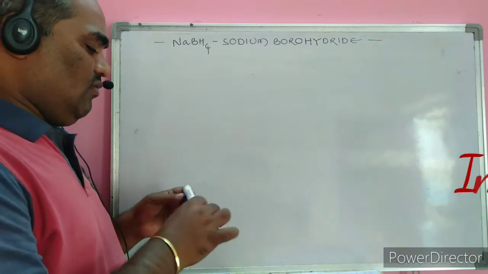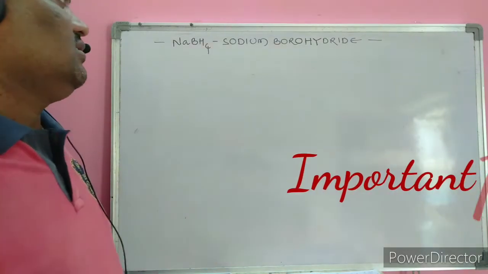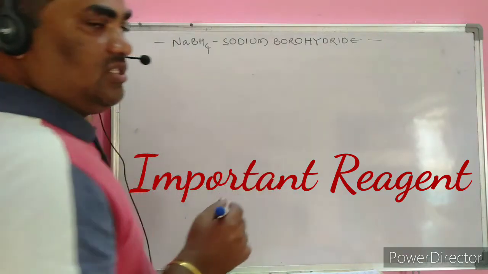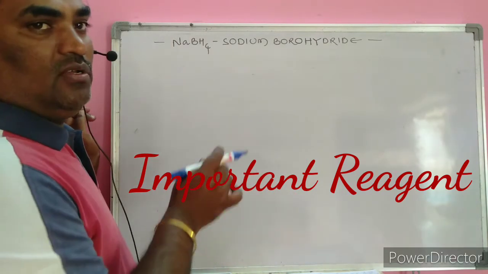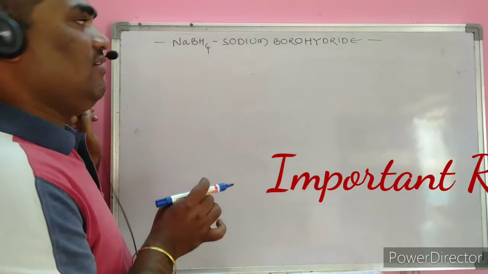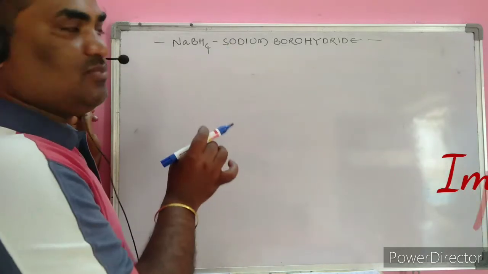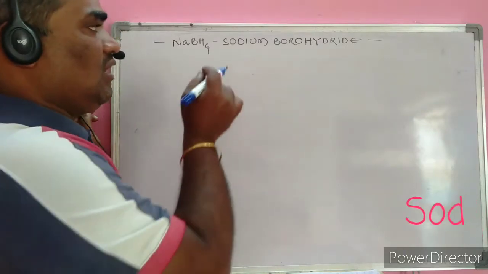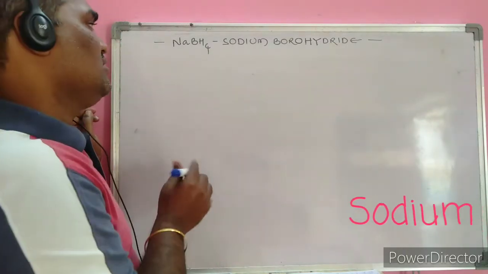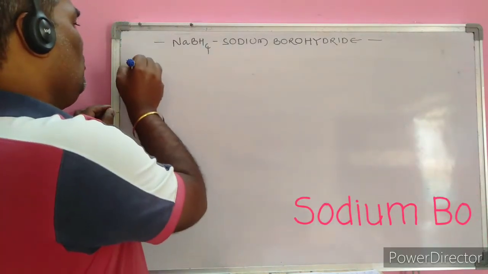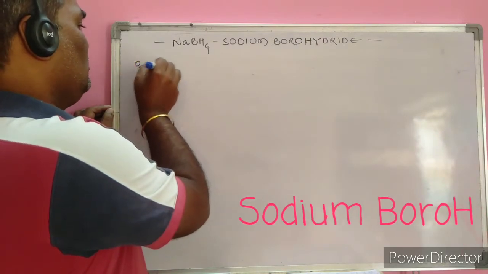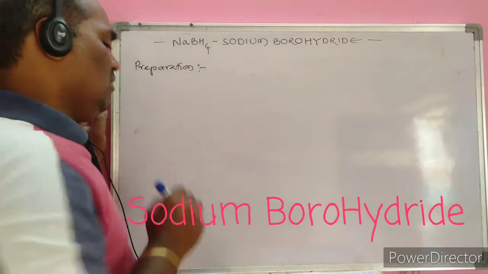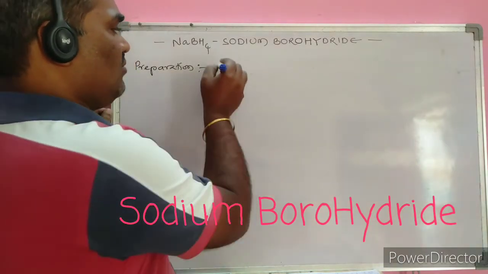About one more reducing agent, sodium borohydride. In the previous session, we discussed lithium aluminum hydride. What are the differences between them, which is a strong reducing agent, and what their characteristic properties are, we'll discuss today. Now, the preparation of sodium borohydride: heating of sodium hydride